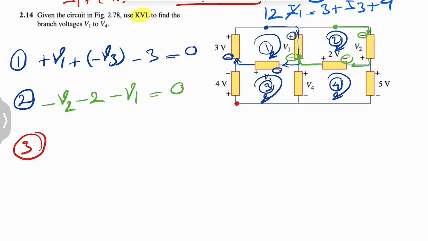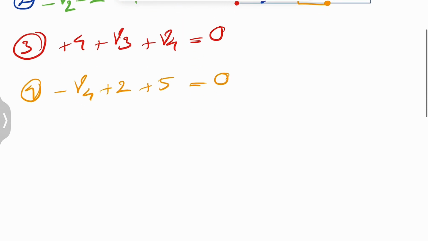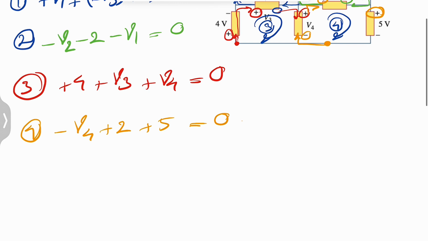We can start from here or any point that you want. So here, plus 4, getting back here, plus V3, and here, plus V4 equals 0. And the last loop, again, we have a mix of unknowns. This one we can start from here, so negative V4 plus 2 plus 5, and this is going to be 0. In this last equation, we only have one unknown, so V4 would be 5 plus 2, or